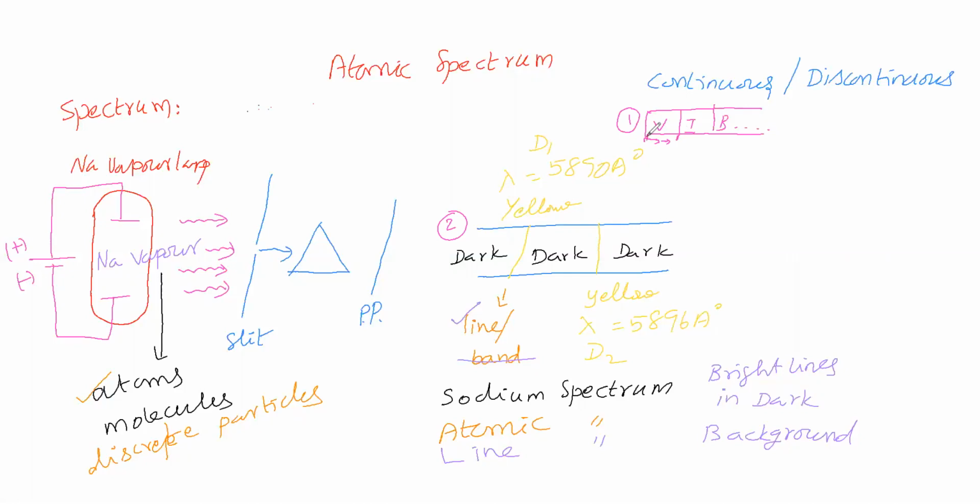At this point, violet intensity is maximum. At this point, violet intensity is 0. If we go like this, intensity of violet decreases and becomes 0 here. At this point, indigo intensity is maximum. If we go like this, indigo intensity decreases. At this point, indigo intensity becomes 0. So you are saying that VIBGYOR is a continuous spectrum. This sodium spectrum is discontinuous.